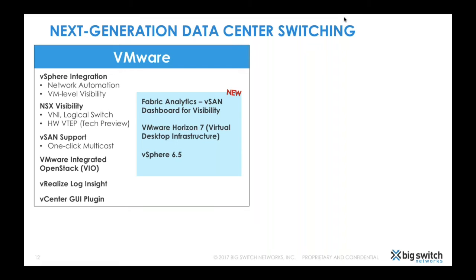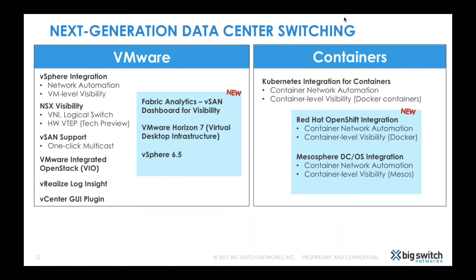We are going to focus on innovations in VMware, and here we have doubled down significantly over the past couple of years with integration into vSphere, visibility for NSX, so there is no more overlay-underlay visibility gap for the network admin. We are extending it to vSAN, and you'll see us now add deeper visibility for hyper-converged environments, specifically vSAN. We also support a new use case, VMware Horizon VDI, which we see multiple customers deploying alongside vSAN,